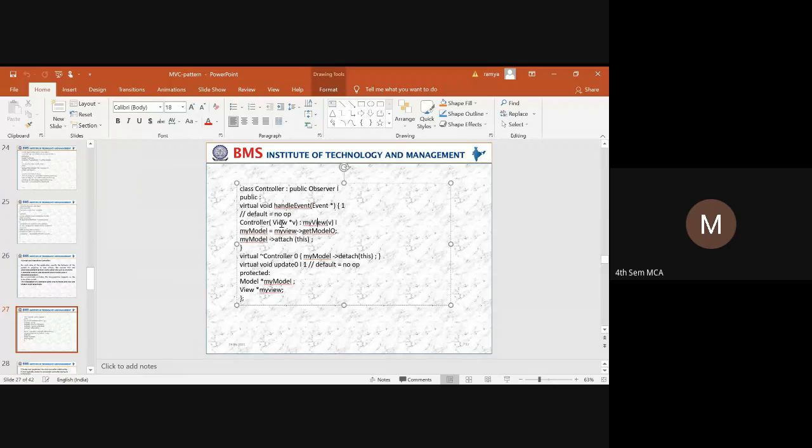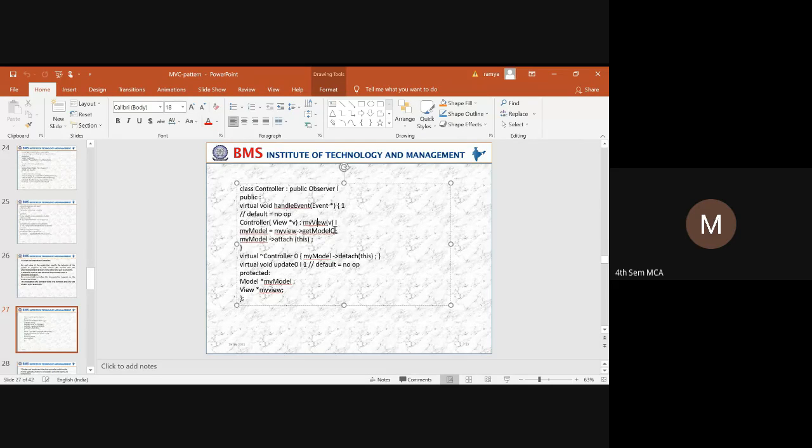Through the view, we need to have access to the model. So my model will be initiated with my view, where this my view in turn will get the model. Whatever model has been stored, it has to fetch all the data from the model.